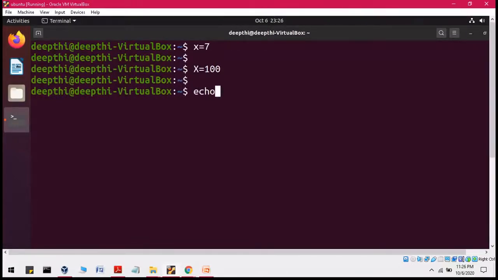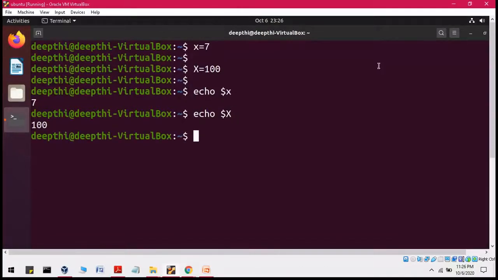If I display the value of small x, it is 7, and if I print the value of capital X, then it is 100. So both these variables store different values, and shell scripting is case sensitive. So we should take care of naming the variables.